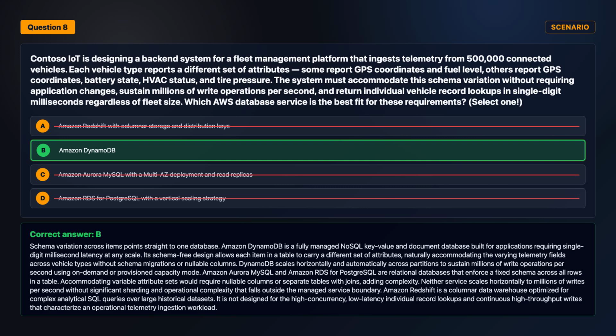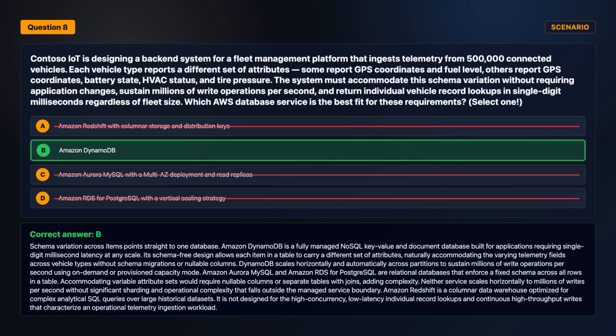DynamoDB scales horizontally and automatically across partitions to sustain millions of write operations per second, using on-demand or provisioned capacity mode. Amazon Aurora MySQL and Amazon RDS for PostgreSQL are relational databases that enforce a fixed schema across all rows in a table. Accommodating variable attribute sets would require nullable columns or separate tables with joins, adding complexity. Neither service scales horizontally to millions of writes per second without significant sharding and operational complexity that falls outside the